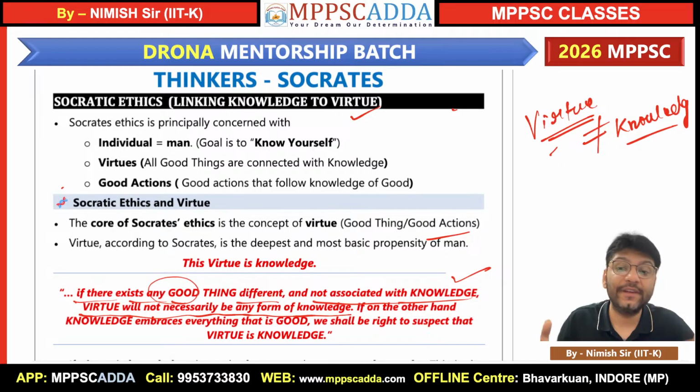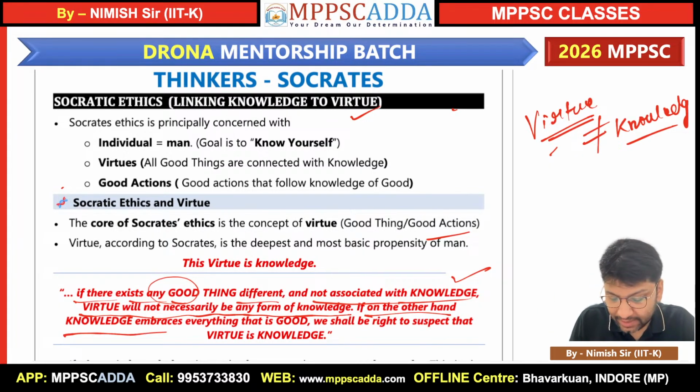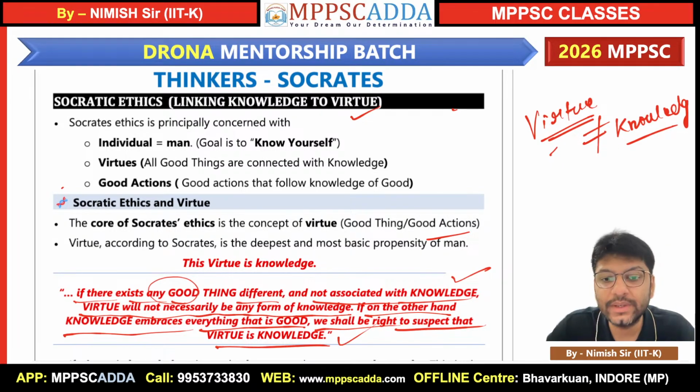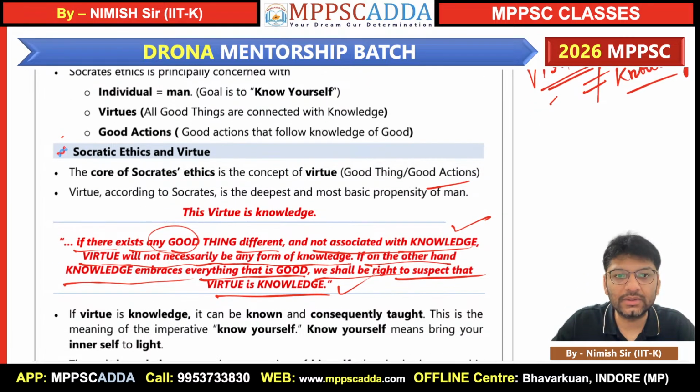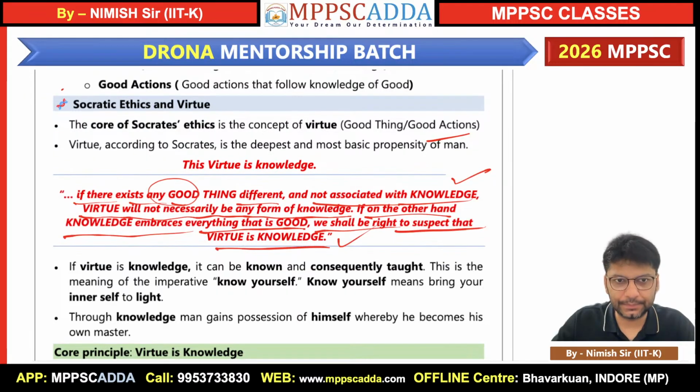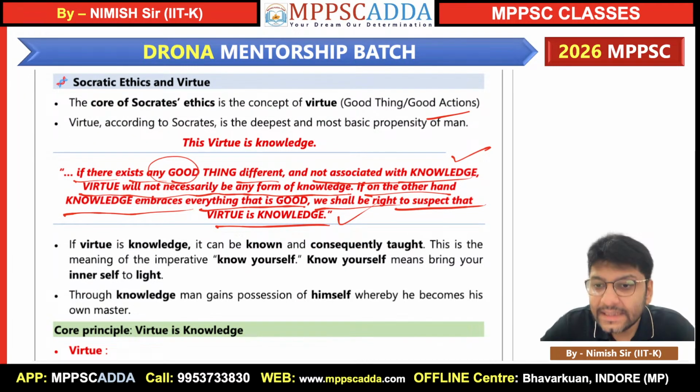But then Socrates says one more thing. Socrates says, on the other hand, knowledge embraces everything that is good, and we shall be right to suspect that virtue is knowledge. We shall be right to suspect that virtue is knowledge. Try to understand this. On the other hand, what he is saying is that virtue and knowledge are connected, so we should inquire into this statement that virtue is knowledge. There is no liberation, there is no knowing yourself